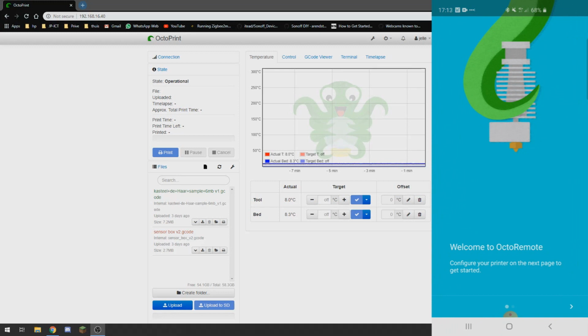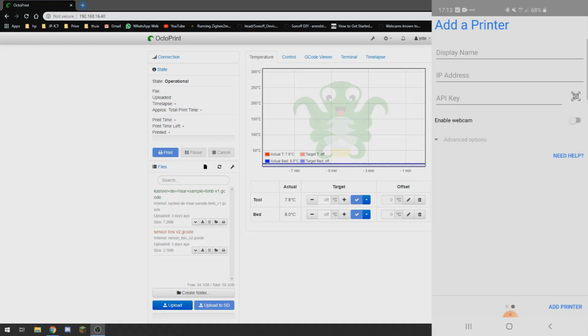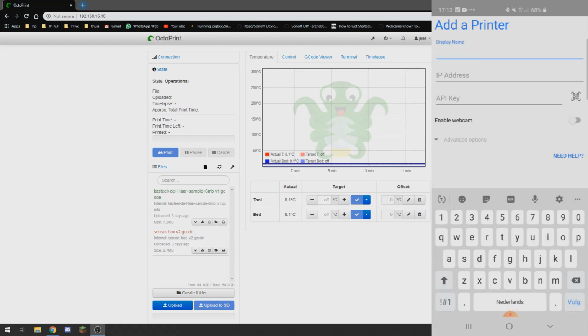And it says welcome to Octo Remote, and we can go into next, and we want to add our printer. Before we do this, I will say you need to add a port forward for your printer to your router. You can look up on Google how to do that. There are lots of different routers and I can't cover all of them, so I won't. You need to forward port 80 to the internet, and